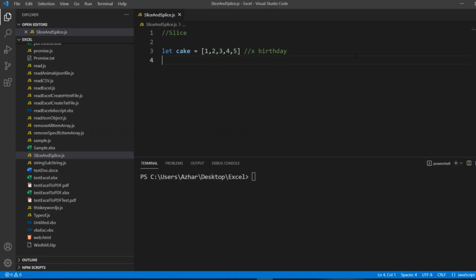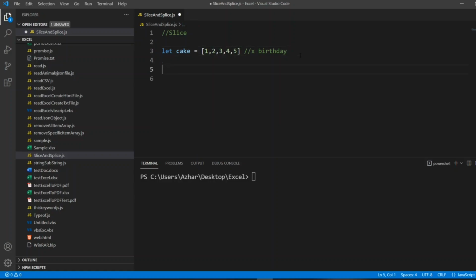We are giving him a range, okay? So first, I'm telling him to splice the cake, to cut the cake from here to here, so that the second, third and fourth quarter of the cake, we can give to others, right?